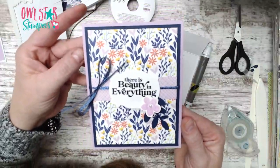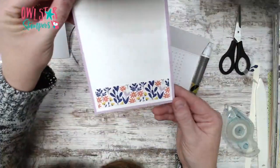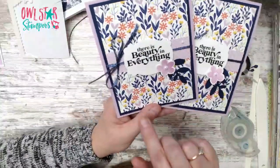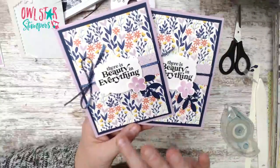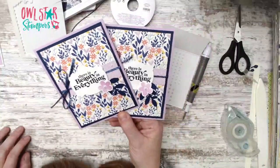Here's this card, and then you open it up, we have that. So here's this other one. And again, the stamps in the background just match perfectly with the paper, this designer series paper anyway. So,